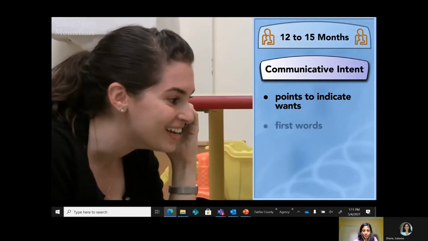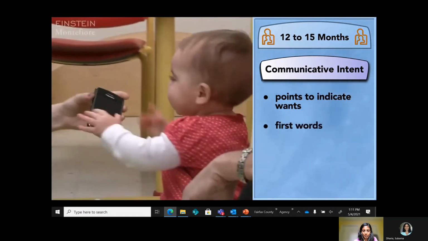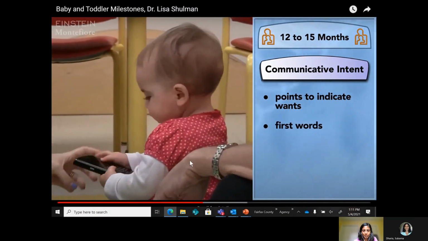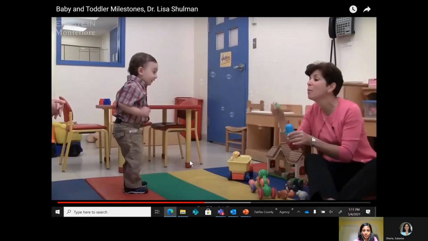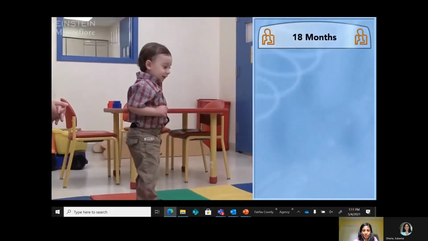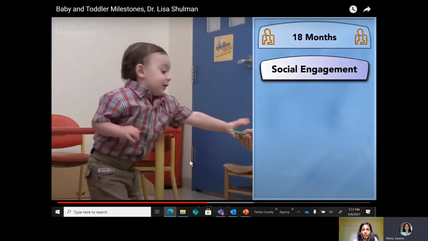And now, parents have been waiting a long time for this. Daddy's on the phone. Yeah. Often, those first words also appear. Now we're going to look at 18-month-olds. Before we get to 18 months, I just want to point out that when we are